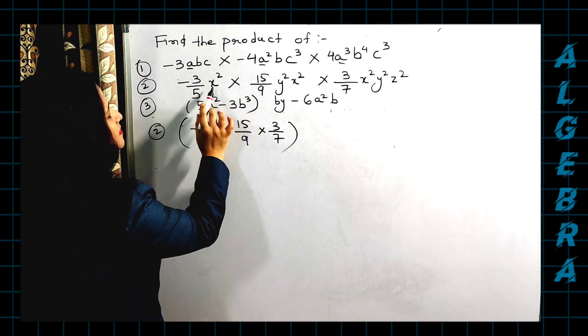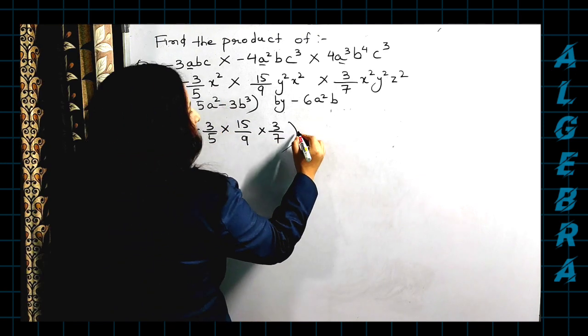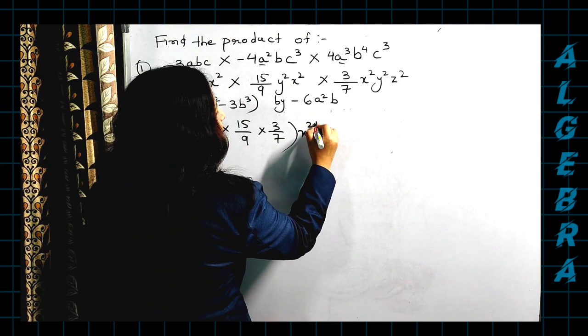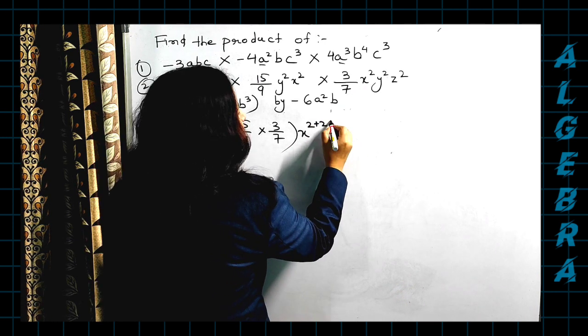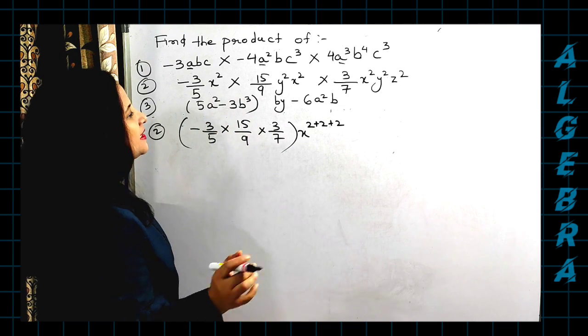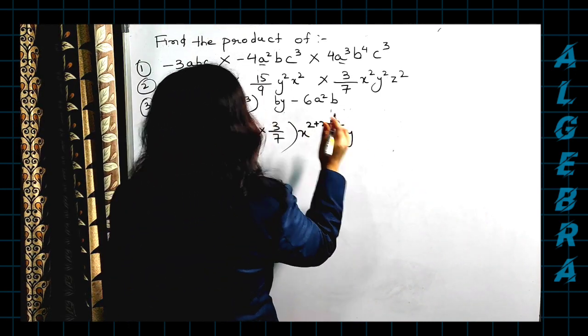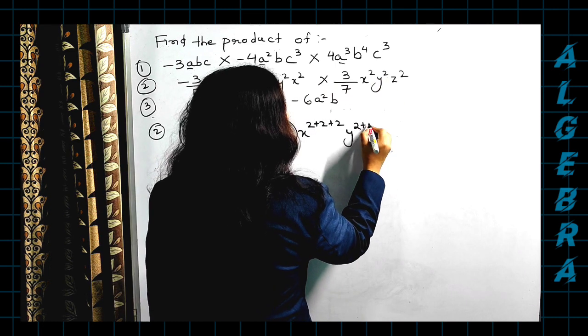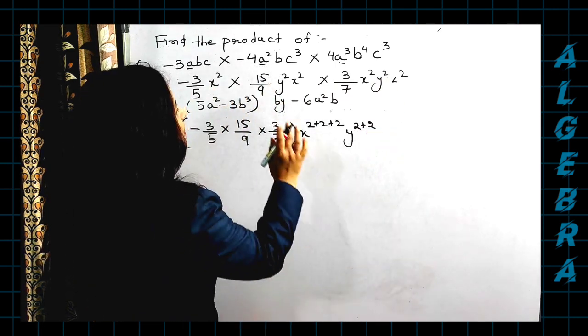Let me see for like terms. X square: X is having the power 2 in the first case. In the second case also X is having the power 2. In the third case also X is having the power 2. Right? Now let us come to Y. The first term doesn't have Y. So now Y to the power of 2: only in the second and third we have Y, and the Y is having the power 2. Just have written it down.